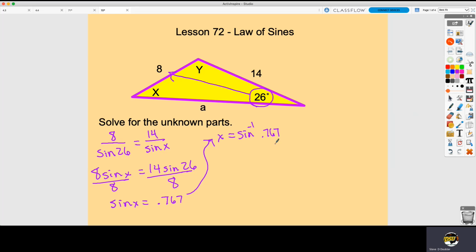All right, so sine inverse of that would get us x equals 50.1 degrees. Now, once we have that, sometimes we're going to be able to find some other pieces without doing law of sines every single time. Like for this one,